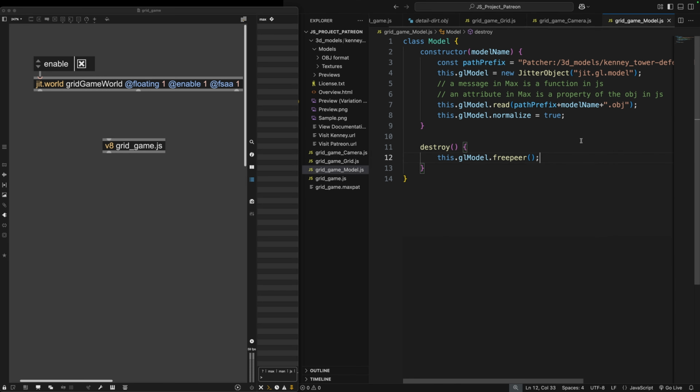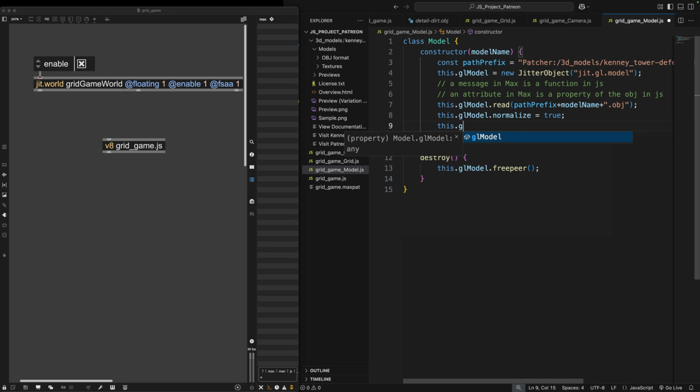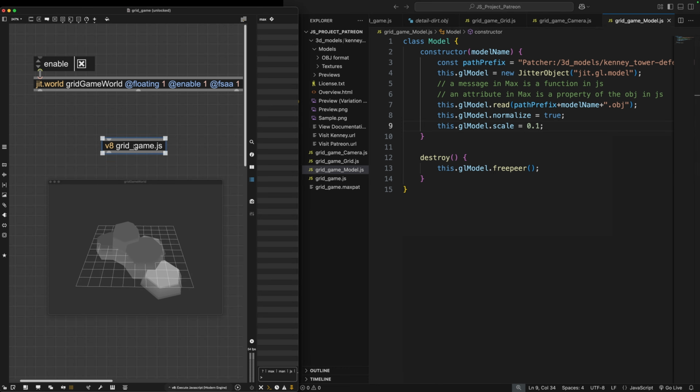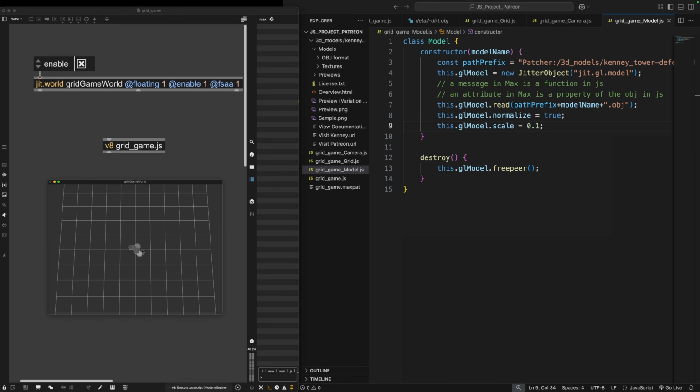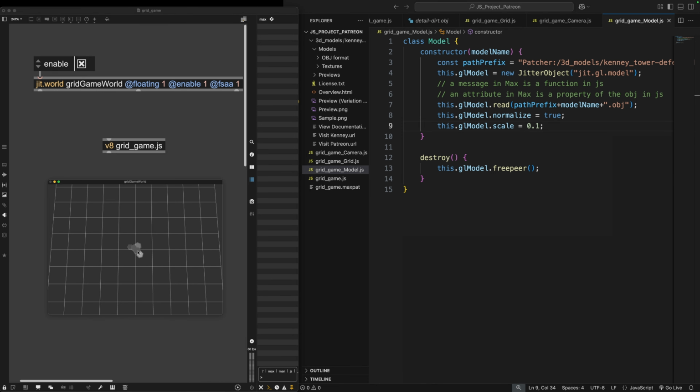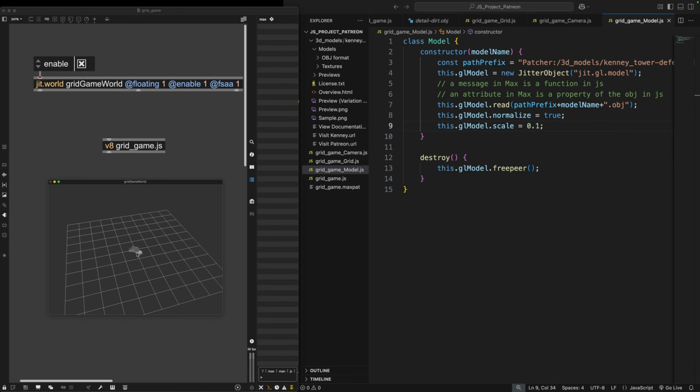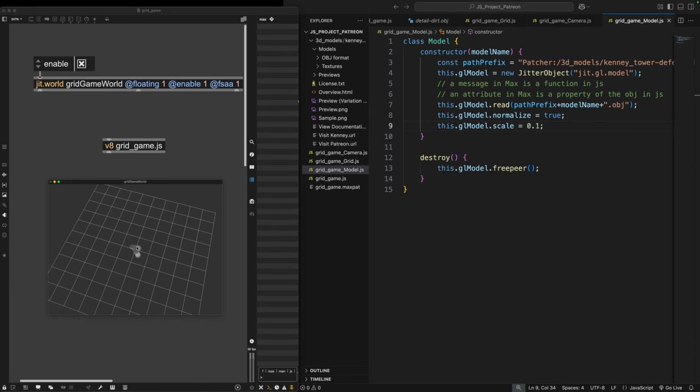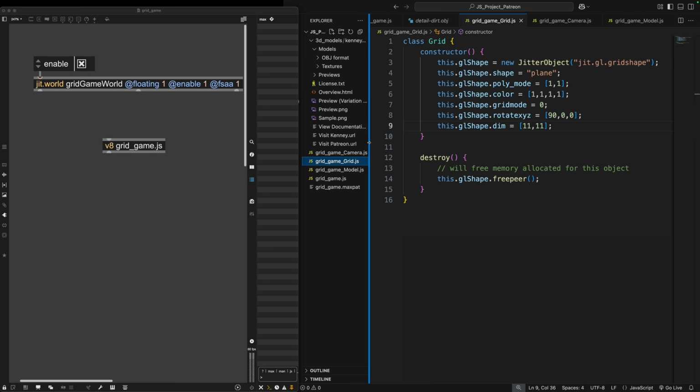So let's go in the model class and say this GL model scale. Scale it by a single value of 0.1. And I think that's correct. It will be in the center of the world, so we cannot really fit it inside one of those squares, but it should be correct. Actually, we should